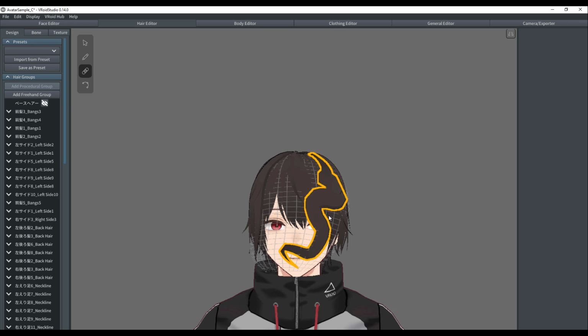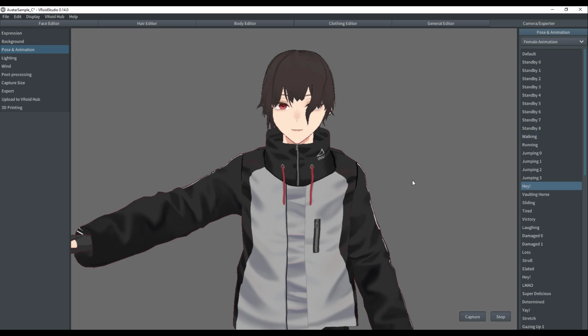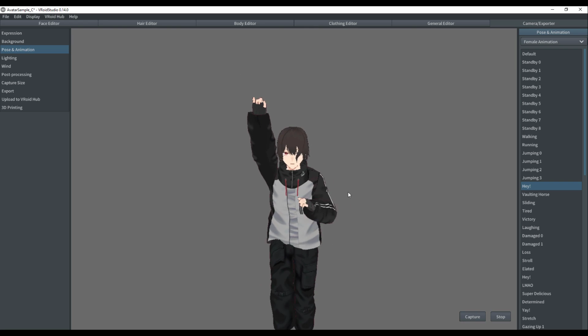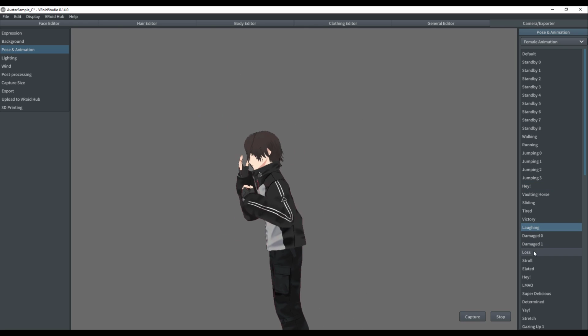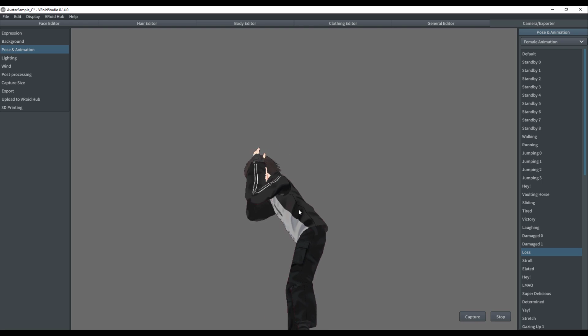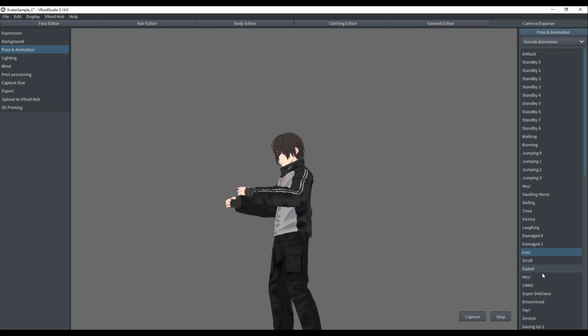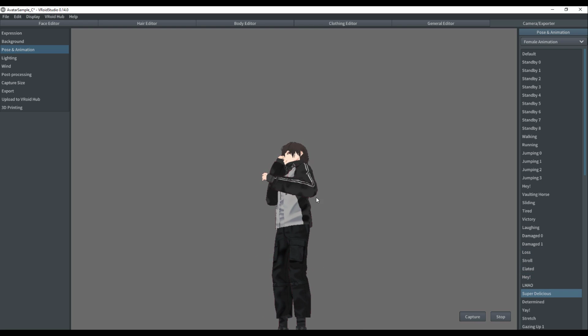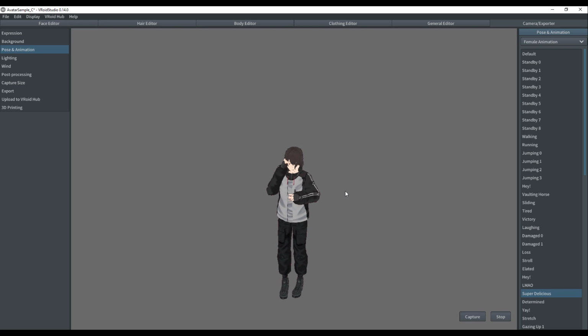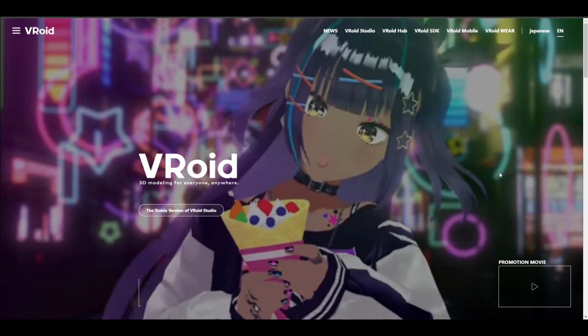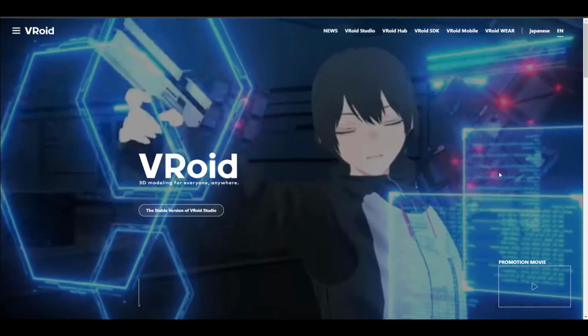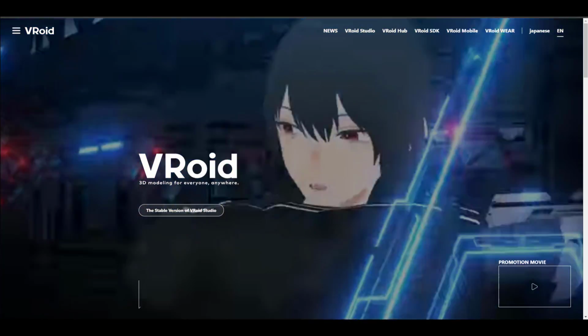But regardless of all of that, this is a pretty cool tool, and I would suggest that you go ahead and check it out. So for those who have been wondering, how can I create anime characters really quick? Is there an anime character creator? This tool is right here and you can take full advantage of it. You can simply go over to the website vroid.com and download the beta or download the full build and start working with it. Tell me what you guys think about this one in the comment section.